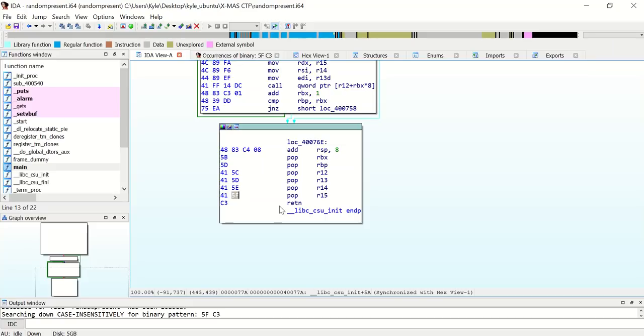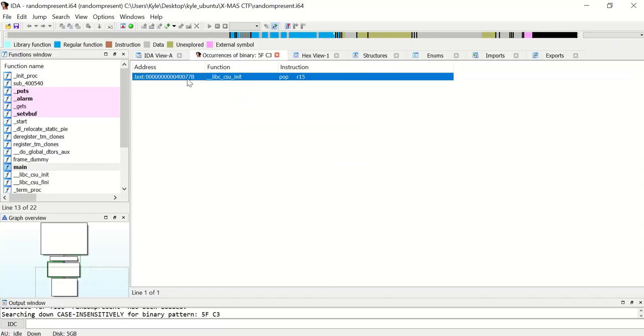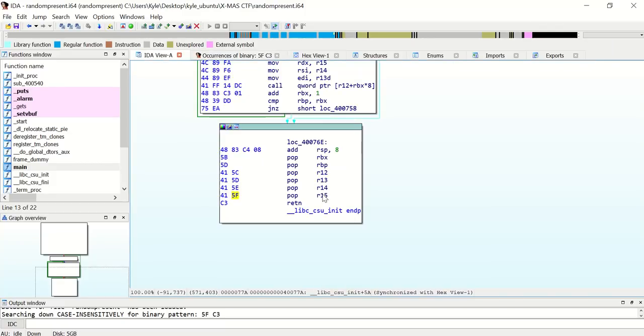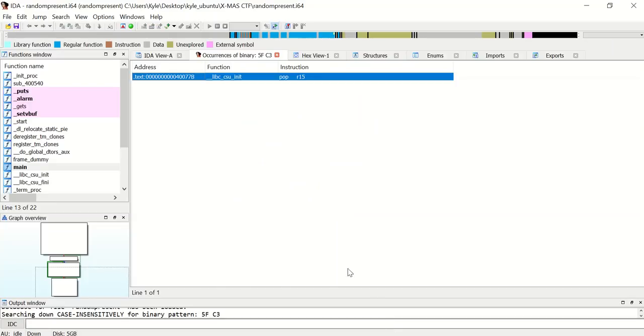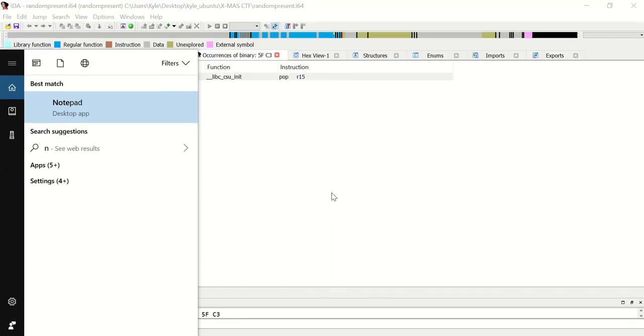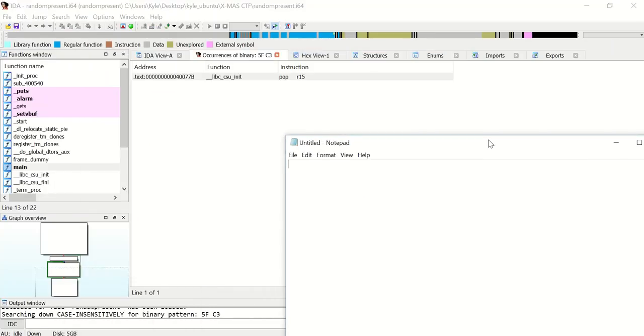But in any case, we can return to 40077B and basically get a pop and then a return, which is exactly what we want. So let's go ahead and open up Notepad just to keep track of this. So we have a pop gadget, and we know that's equal to 40077B. That's the first address we want to return to after overflowing our buffer,